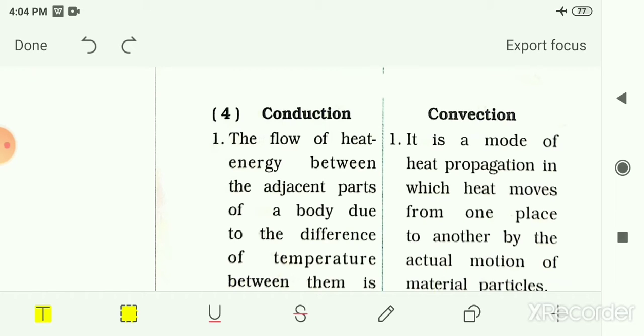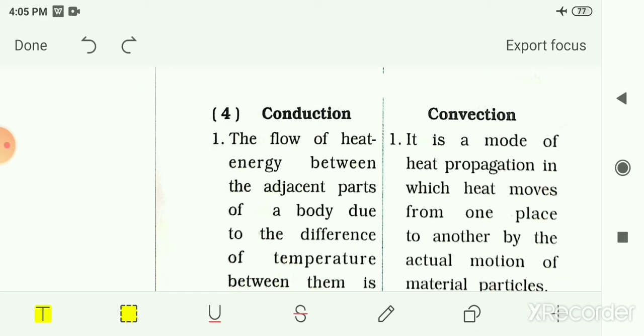From the sun, heat comes to us by the process known as radiation. And the transfer of heat by radiation does not require any medium. So these are the different modes for transfer of heat. Then we had seen the dark color object and light color object. The dark color objects absorb radiation better than the light color objects. And this is the reason why we feel more comfortable in light color clothes in the summer season.